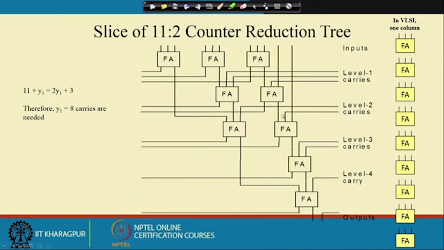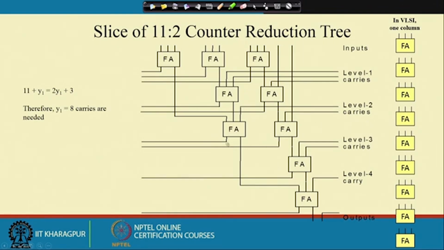Then again those 2 sums enter into 2 full adder cells, okay, and the 2 carries are coming to the corresponding 2 full adder cells. Then another of this sum is already left, so that is coming to this full adder cell, and another position to this full adder cell is already left. So, another input is coming over here, and in this particular case also another input is coming over here. So, that means at level 2